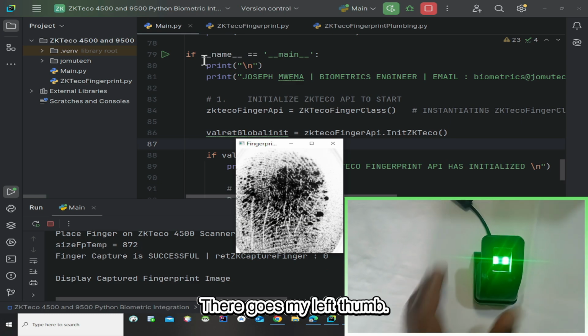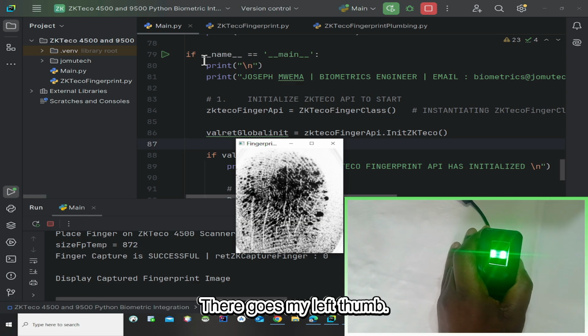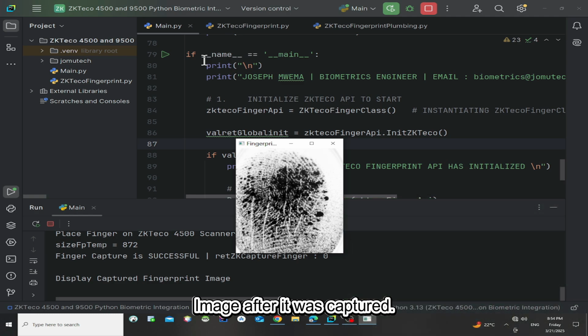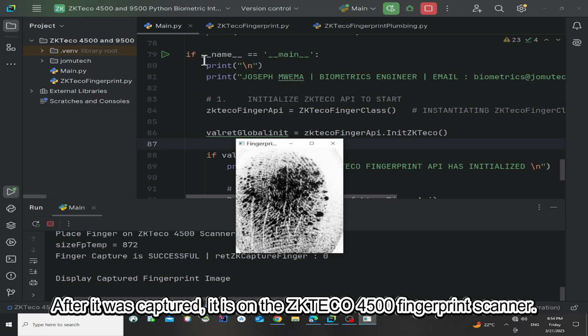There goes my left thumb image after it was captured on the ZKTeco 4500 fingerprint scanner.